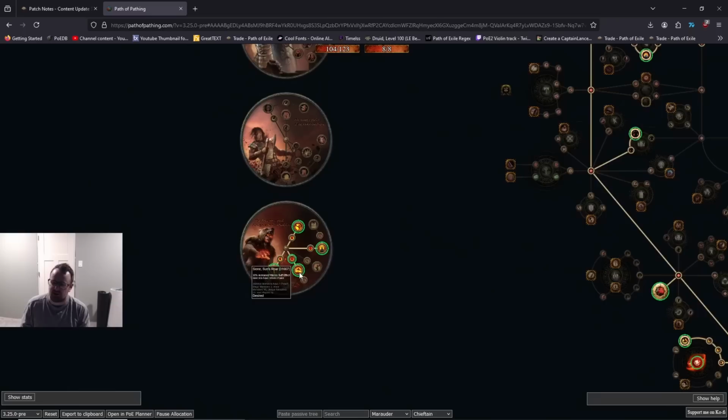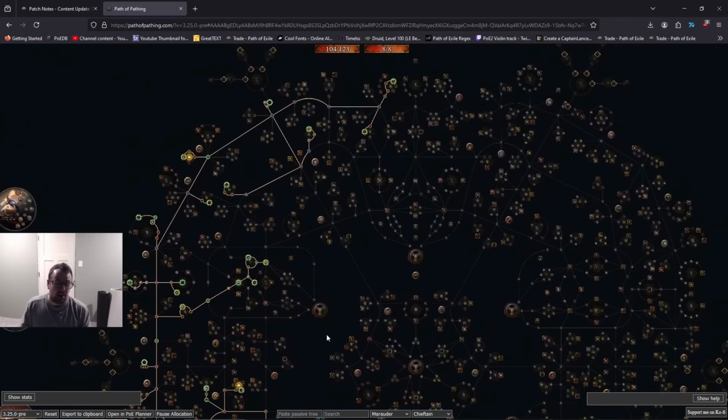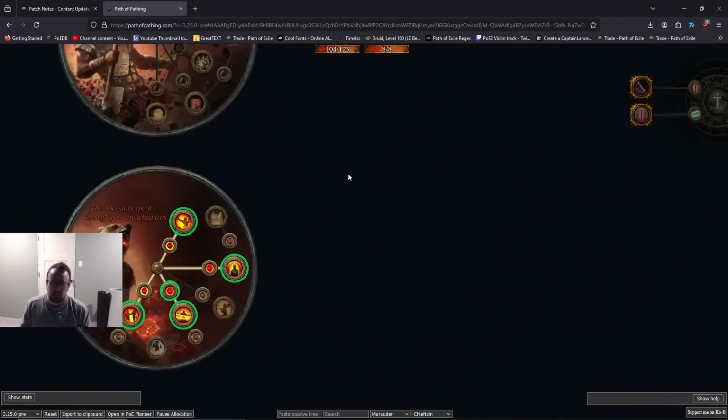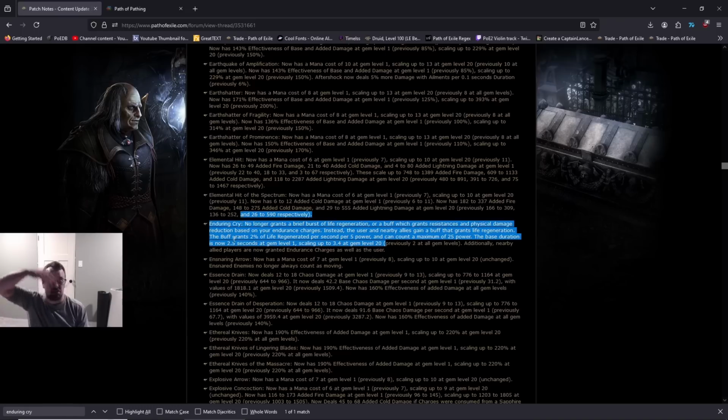Now, specifically, I'm going to talk about some Righteous Fire related Warcries first, because quite honestly, I think I might start Righteous Fire, but I'm going to talk about some other Warcries as well. Specifically, I'm going to give you the example of Enduring Cry. Enduring Cry, at the change to the buff effect, which they made here, was that during the buff, you get